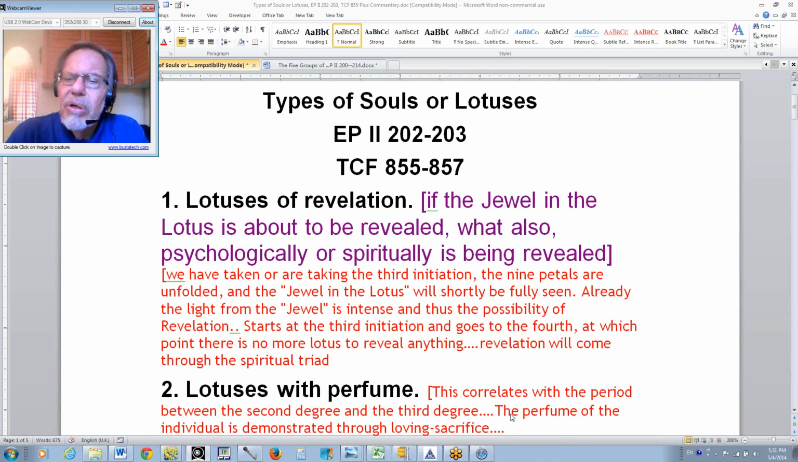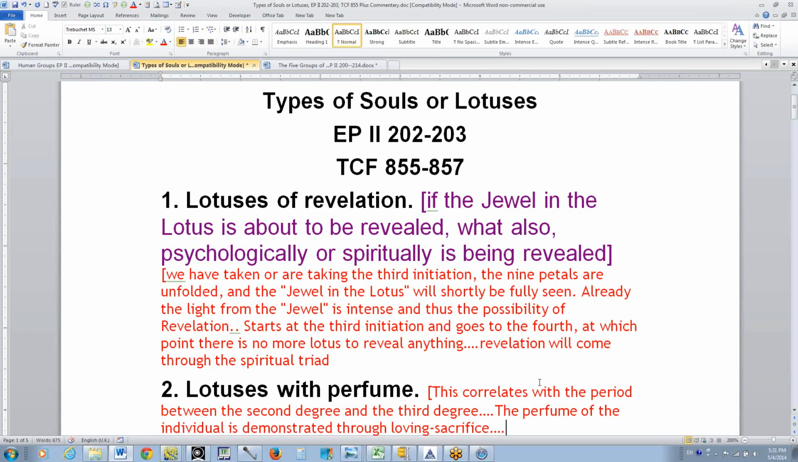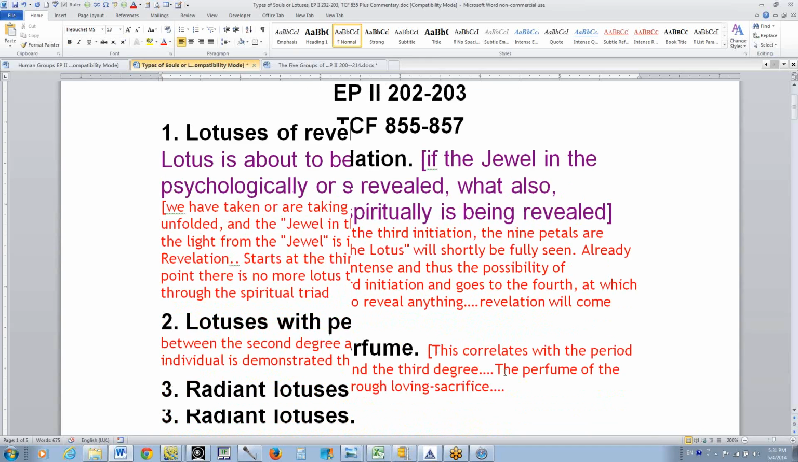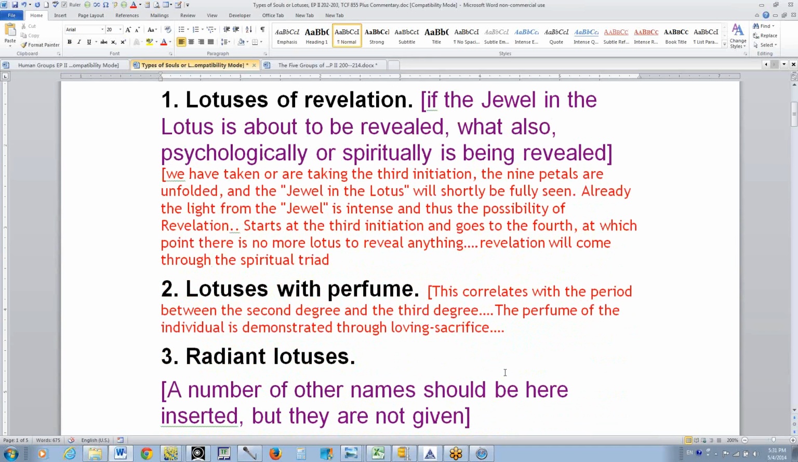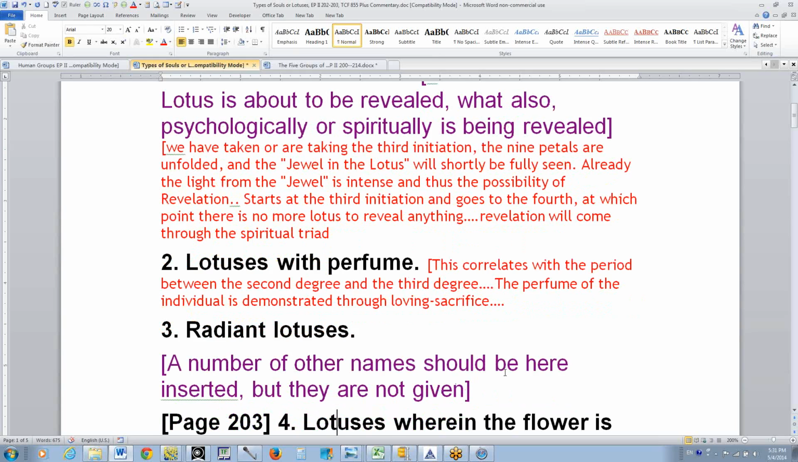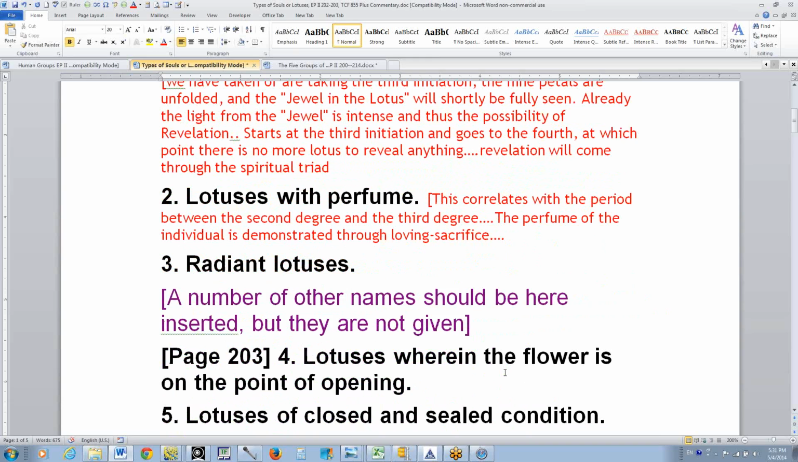So these lotuses, by their demonstration of sacrifice, are demonstrating a very strong love principle. And the love within them is the perfume within them that attracts all beings towards a state of unity. So I would call this initiates of the second degree on their way to the third degree, or reaching the third degree, at which point they begin to become lotuses of revelation. When it comes to the next petals, radiant lotuses,